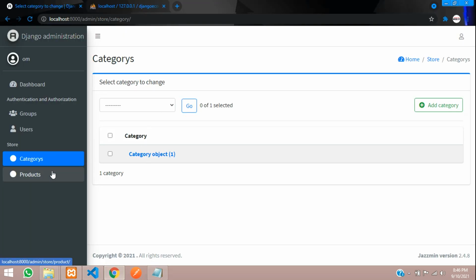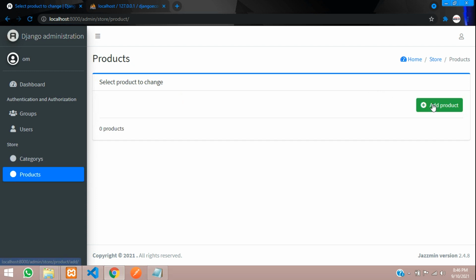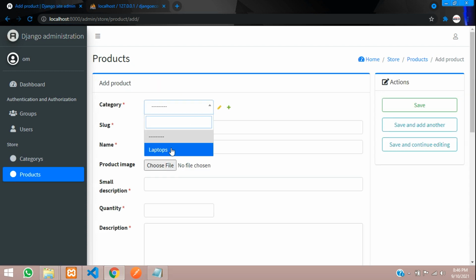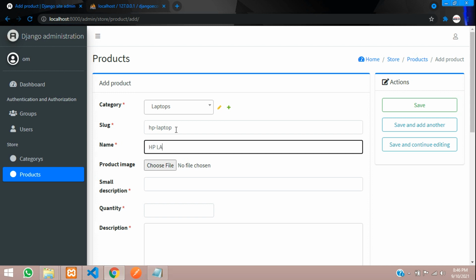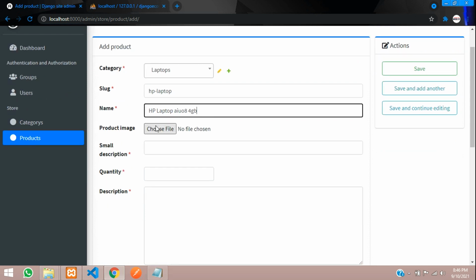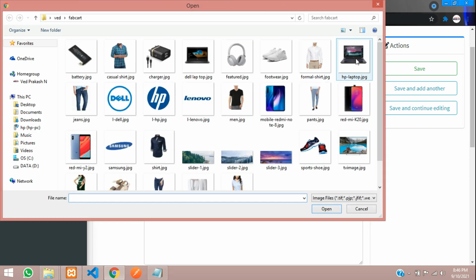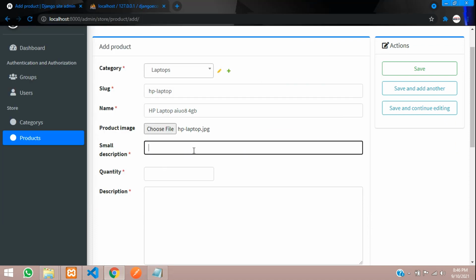So if you've added this category, right, so you go to the products and say add product, you will get the drop down over here. So which category product you are adding, you just select that and say HP laptop. I'm going to say HP laptop and some model number, 4 GB, and then we'll choose the image, and for the small description just say 4 GB RAM and 500 GB SSD with